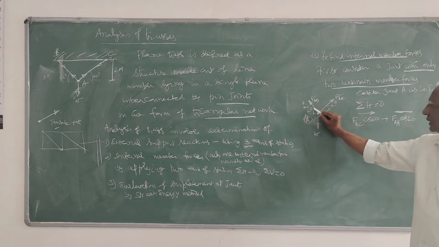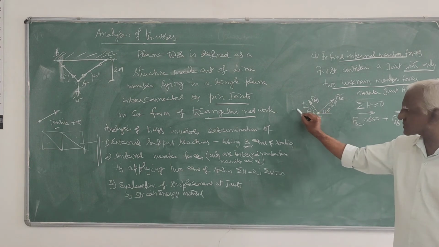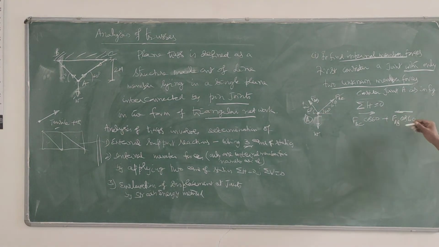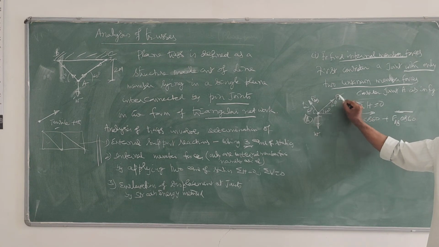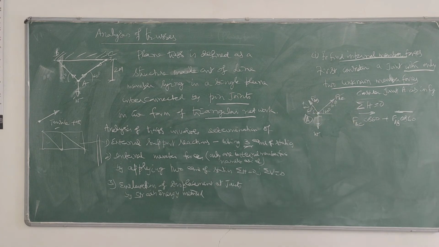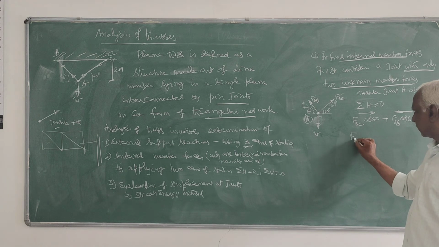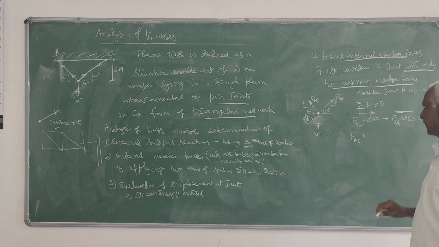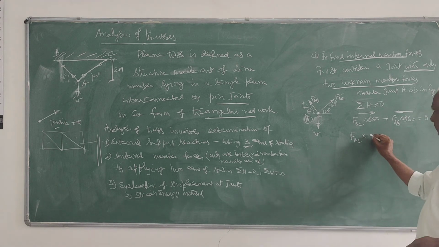Right? Because the resolved horizontal component of this is like this. So it is like that. That's all the force. This is vertical force. Sum of all horizontal force, resolved force: FAC cos theta, FAB cos theta, one is acting left to right, the other right to left, plus equal to 0. Then this gives you FAC cos 60.